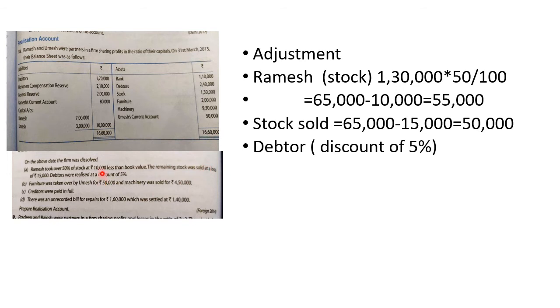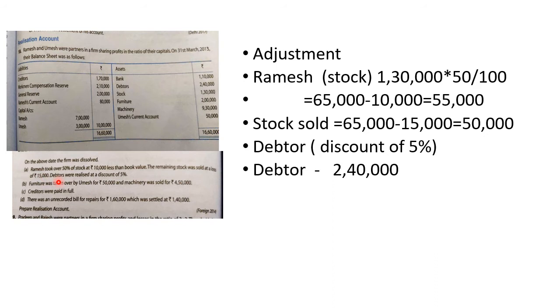Ramesh is taking the stock at rupees 55,000. And the remaining stock was sold at a loss of rupees 15,000. For the remaining stock, we were having 65,000 rupees stock minus 15,000, that is 50,000. So the amount realized by sale of stock will be 50,000, which will be recorded